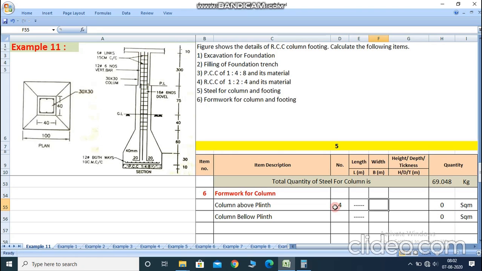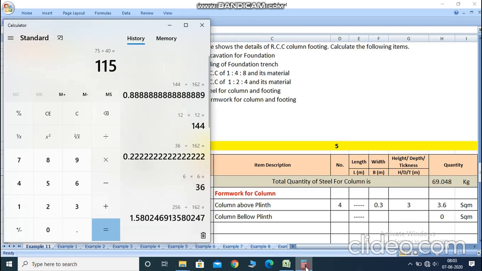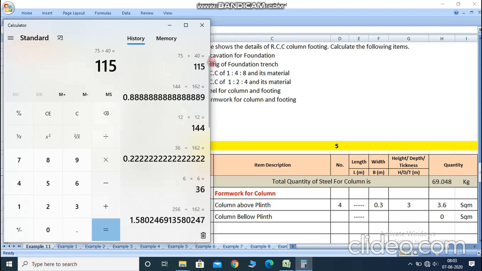Then after, width of the plank is here above plinth level 30 cm by 30 cm column size, so right here 3.3, and height of the plank is 300 cm means 3 meter, so right here 3. Then after, column below plinth level means this portion up to plinth level to sloping part, 75 plus 40, 75 plus 40, so 115